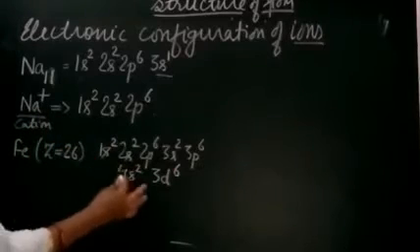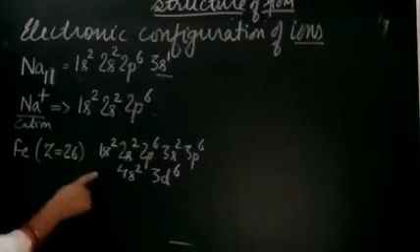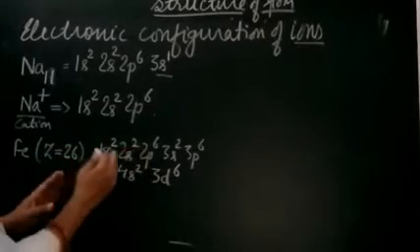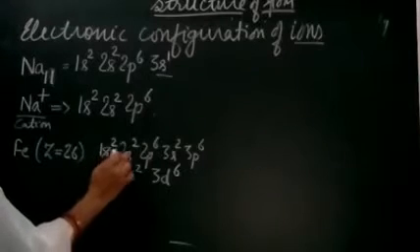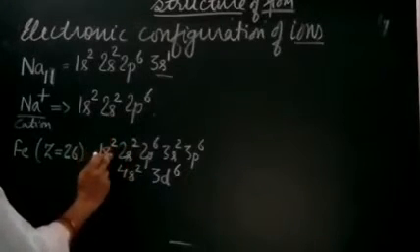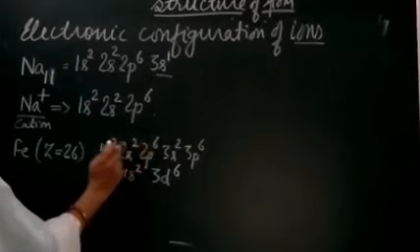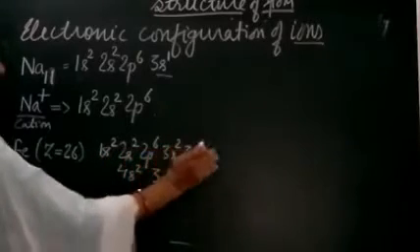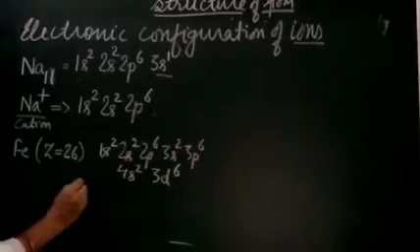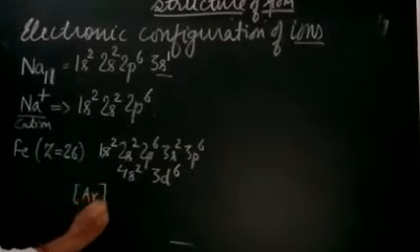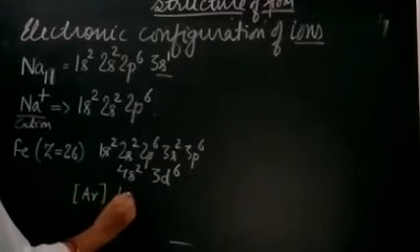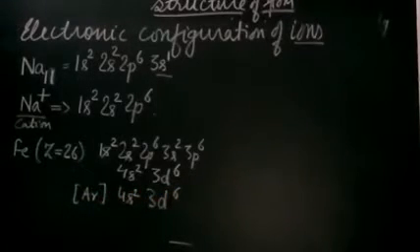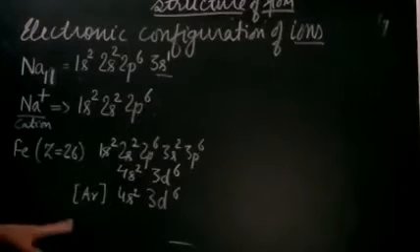Either I could write it in condensed form. Again, I'm saying condensed form of the electronic configuration. Here I will see where I'm getting the noble gas form. It is 1s2 helium, 2 electrons. 2s2 2p6, 6, 7, 8, 9, 10, it's neon. 3s2 3p6 argon. So instead of 1s2 2s2 2p6 3s2 3p6, I can write argon, that is 18. Then you can write 4s2 3d6. Students, I have written it in the form in which it is filled in the energy level diagram.